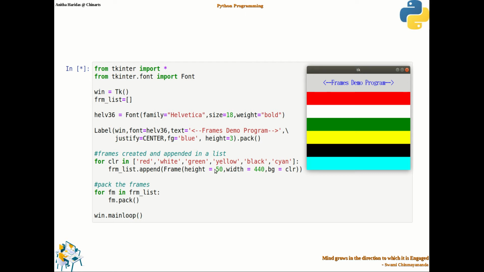That's it. Okay, so this program will give you an output like this, where each can be called a frame, in which you can have different widgets added. Frames are just containers. If you want to give a group of objects a particular location, you create a frame in that location and just add the widgets there. This is how the frame objects can be created in a window.